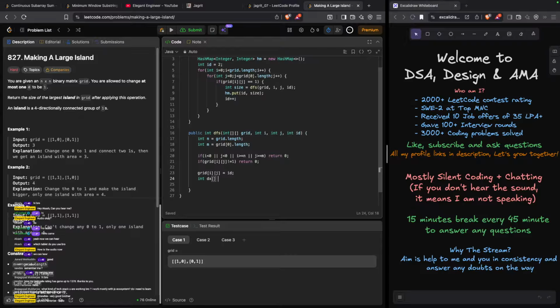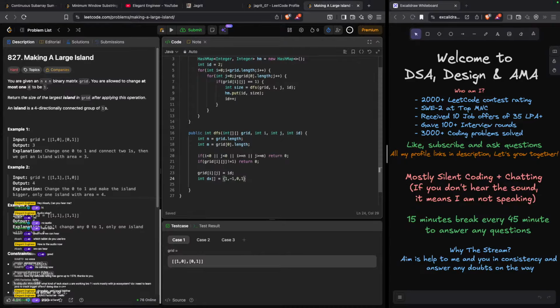So let's create directions. dx will be 1, minus 1, 0, 0 and dy will be 0, 0, 1, minus 1.